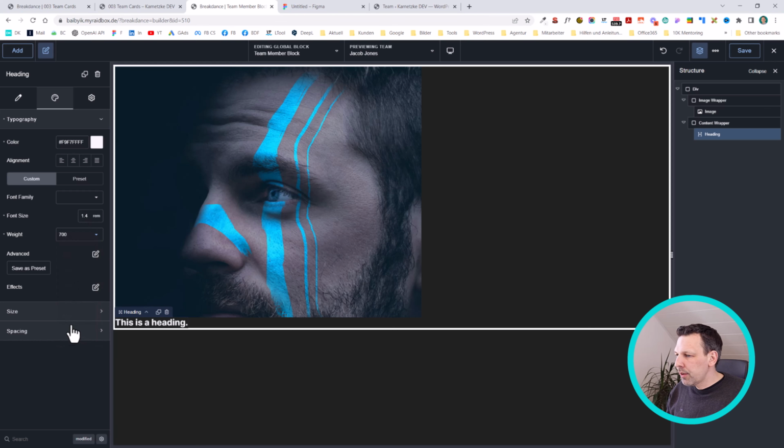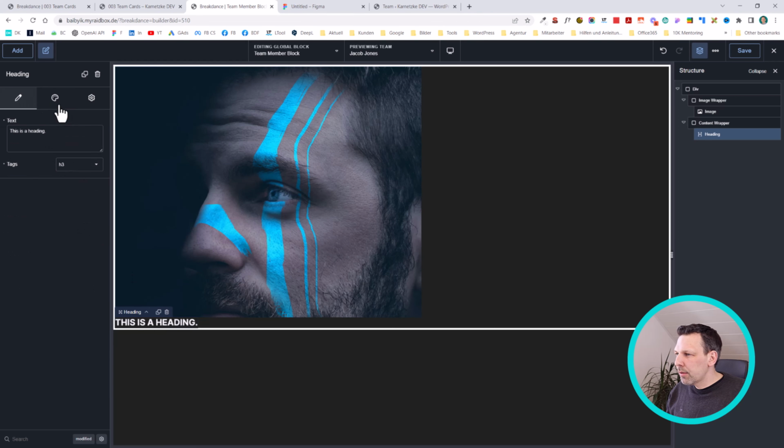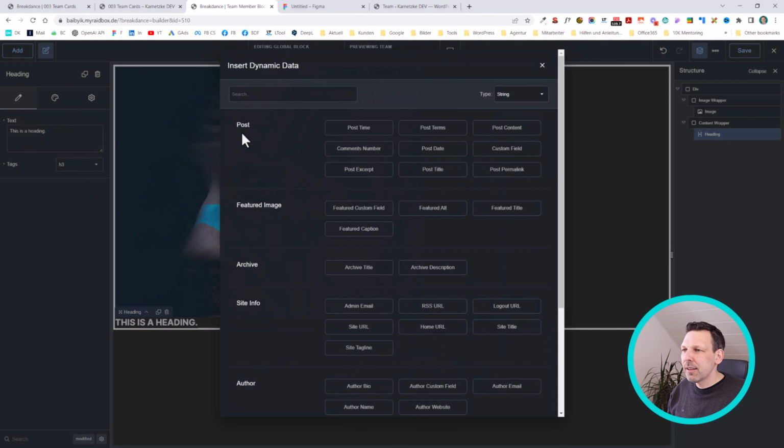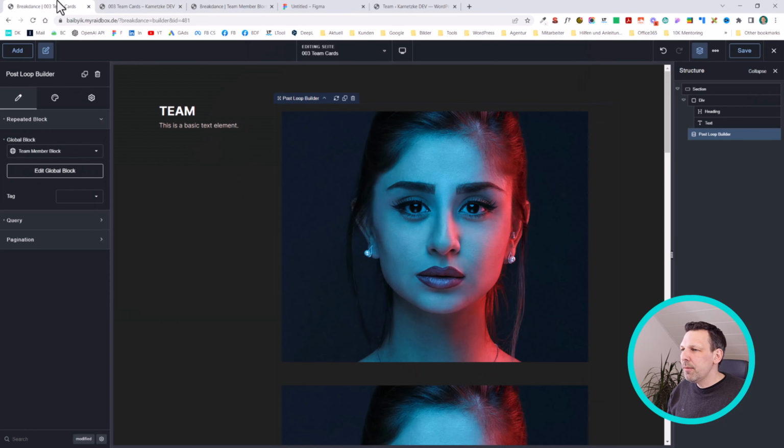Weight 700. Advanced transform. And now let's go to text, to the content inside this heading. Click on the little icon again, go to post and add custom field this time. And now we have this option here. We can click on it and add a key. And the key